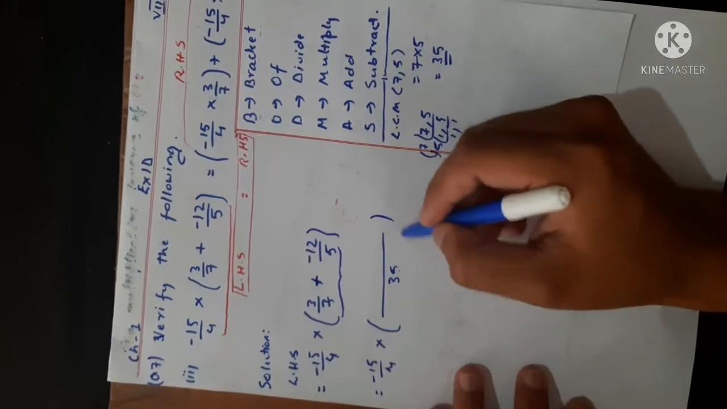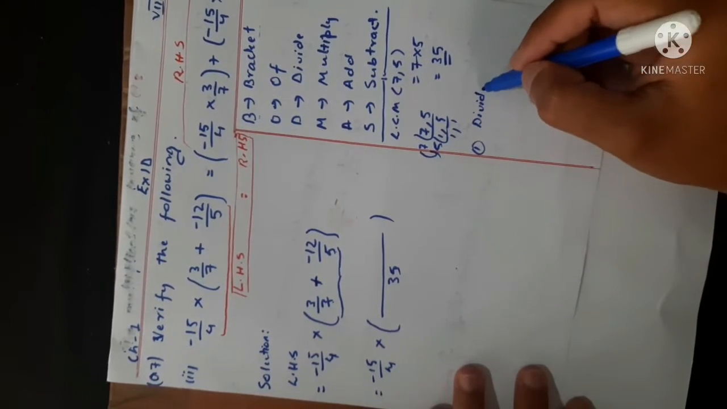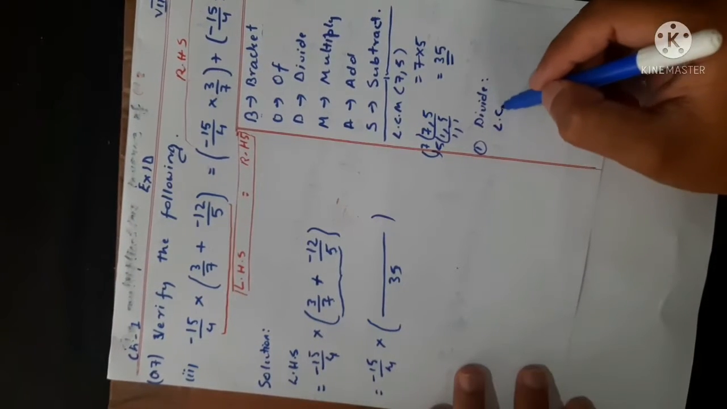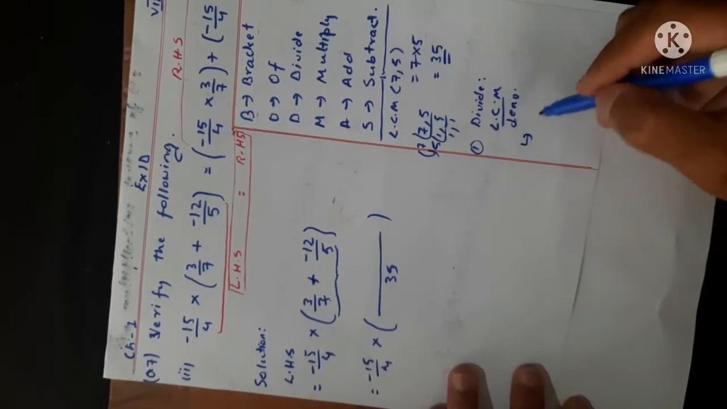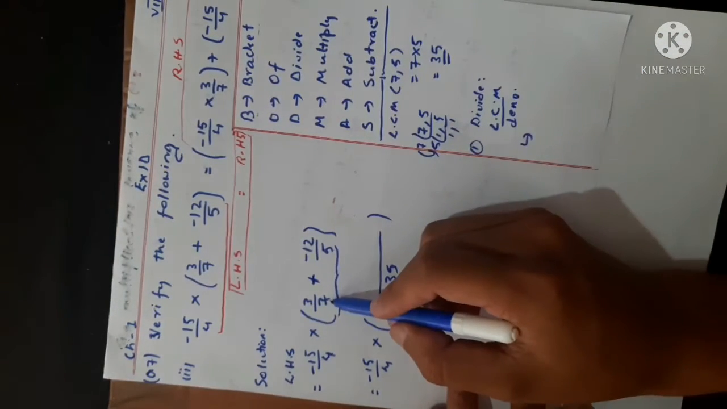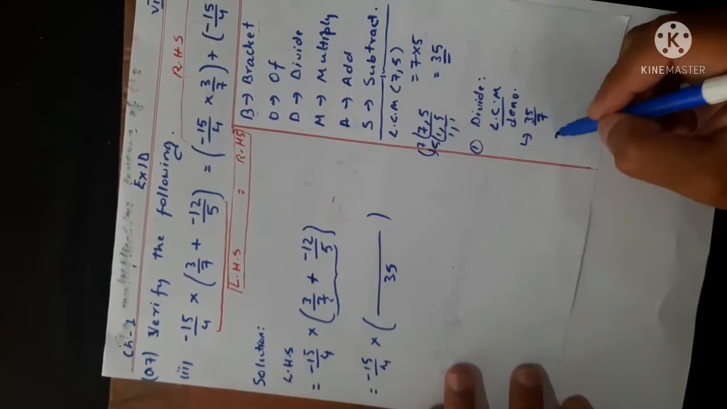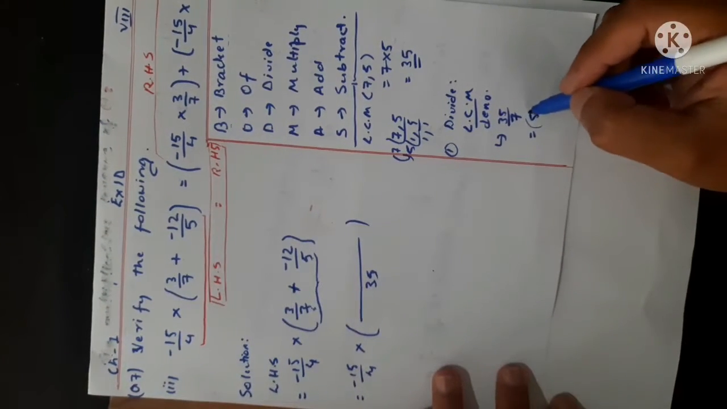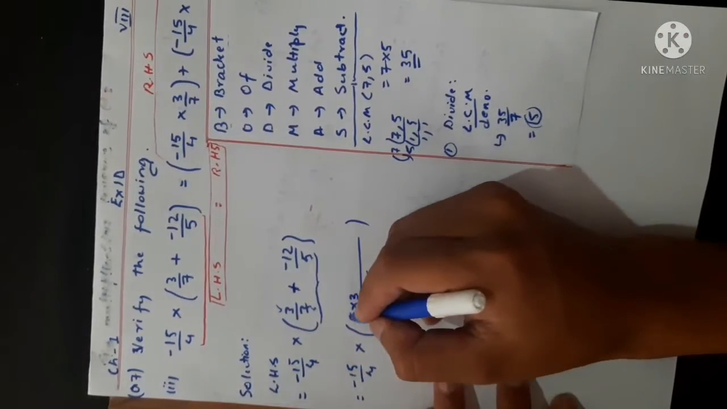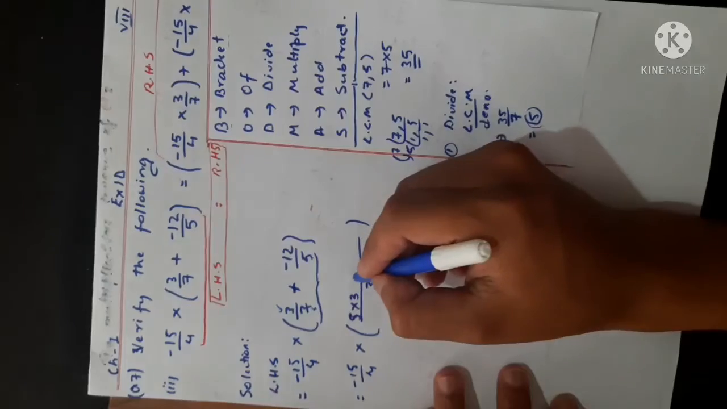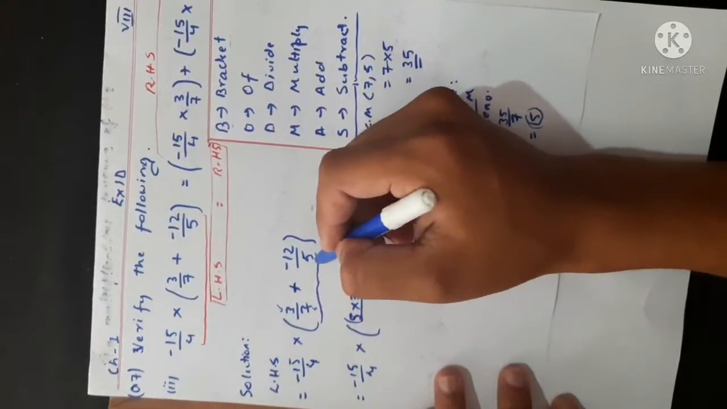Again, what do we have to do? Remember, the second step is to divide the LCM by the denominator. For the first fraction, 3 by 7, the denominator is 7. So 35 divided by 7, we will get 5. And this 5 we multiply with the numerator, which is 3. 5 multiply 3. This is an addition sign, so plus. For the next fraction, minus 12 by 5,